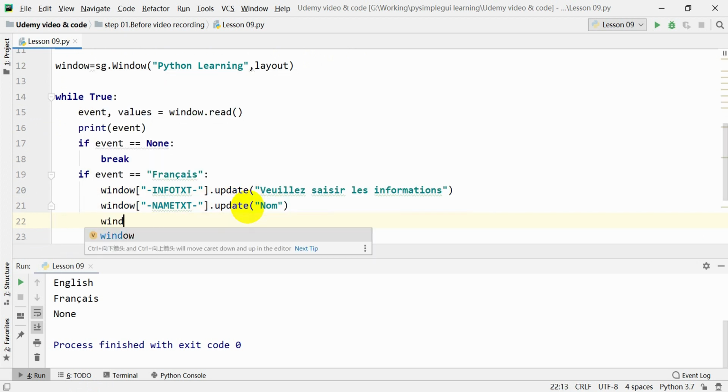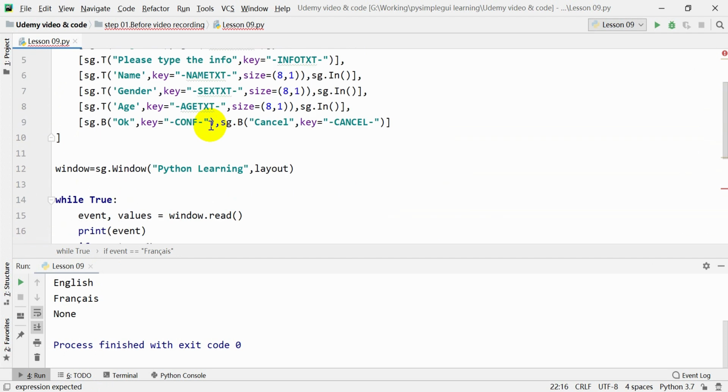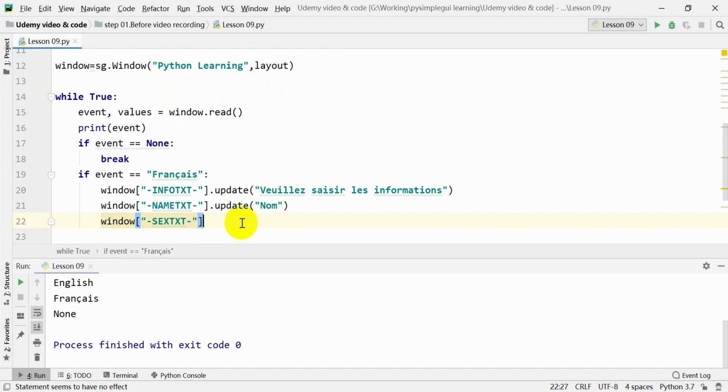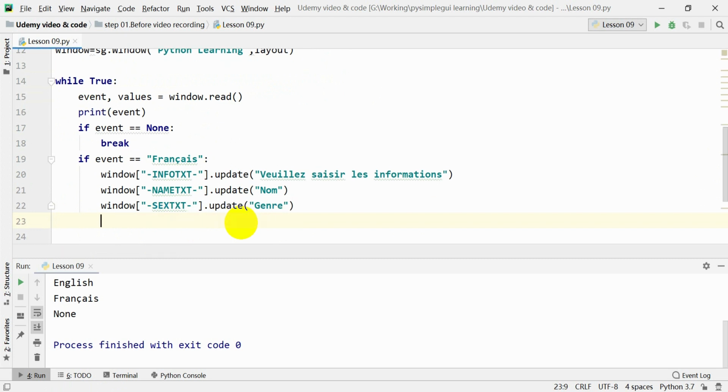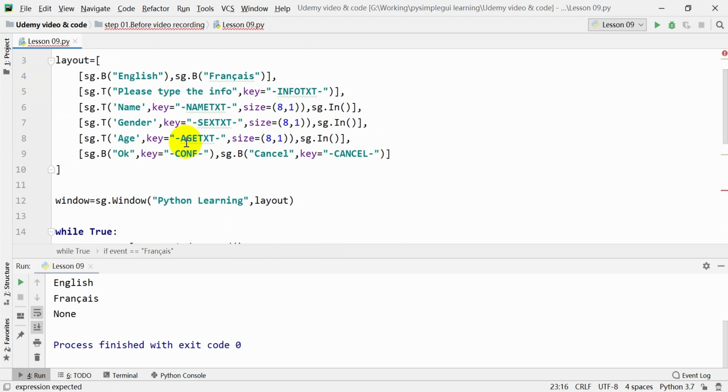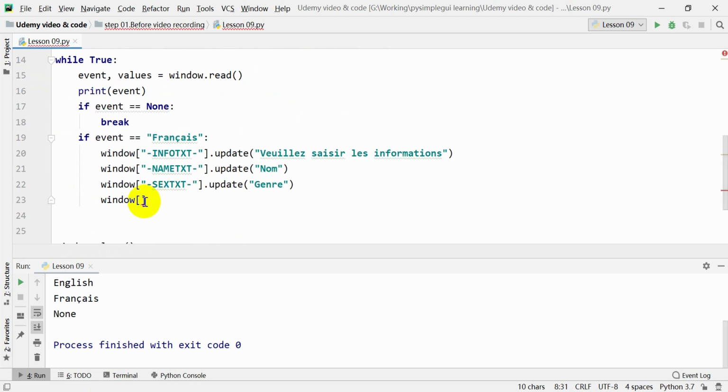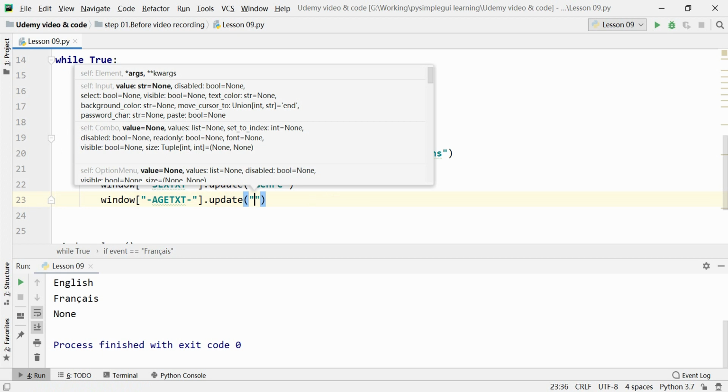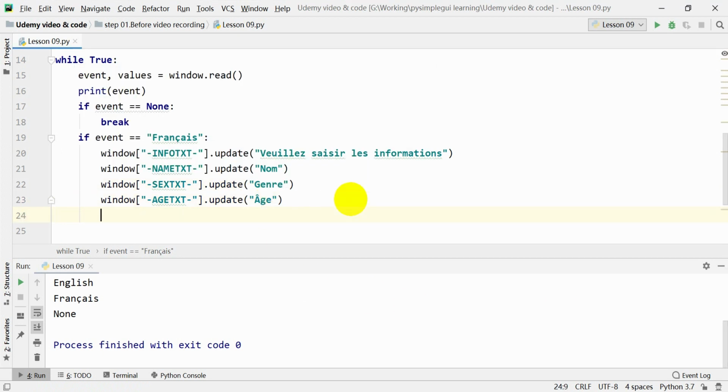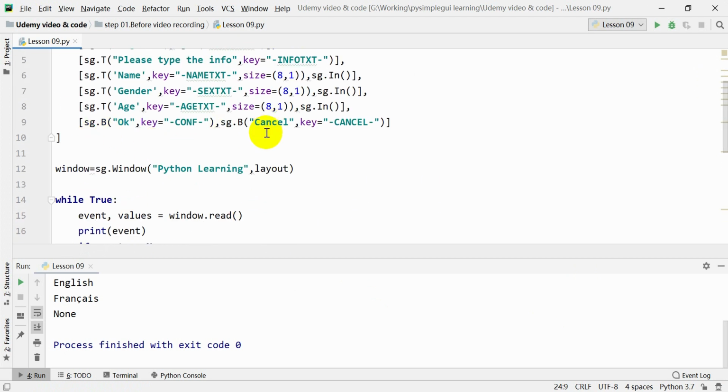And then after the name, there's the gender. So sex text. And then the update turns into genre. And then after the sex text is the age text. Okay, I'm gonna copy this. And then after age, there's the last two buttons, the OK and cancel button. So I'll copy the configuration,